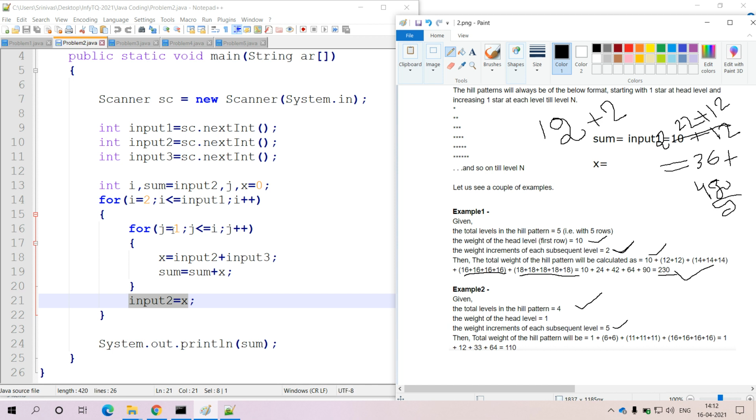It is a very simple logic. Within these nested for loops only the condition is available. So for each and every level we are trying to increment the element value with the help of 2. If you take the input 415, the starting element is 1, and within the second level it will become 6. 6 plus 6, as well as within the third level it will become 11. 3 times 11 we have to provide in the third level, and within the fourth level 11 plus 5, that is 16s, we are going to get. And if you calculate the sum of all the elements, the final output that we are going to get here is 110.